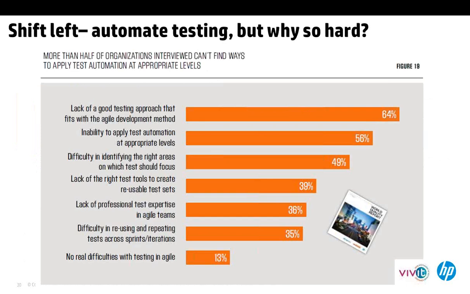People are still experimenting a lot. Sometimes they're not even testing, which is really not the objective of being Agile. Agile means being able to bring a good quality product as fast as possible to market. Also, the inability to apply test automation is among the top results of this study, along with difficulty in identifying the areas that people should focus on for testing, as well as the testing tools that can enable continuous testing. These are the top 4 issues that came out of this report. So let's talk about an approach.